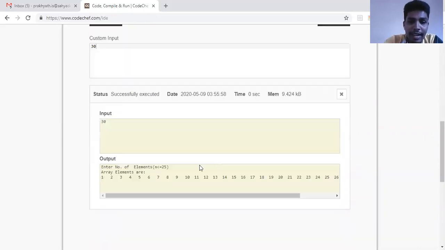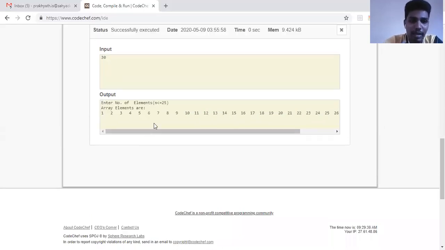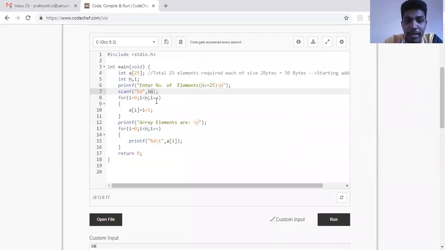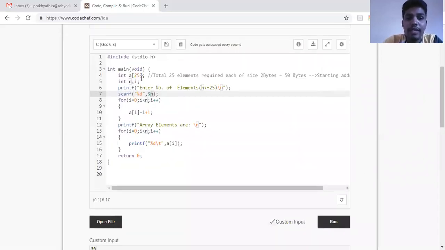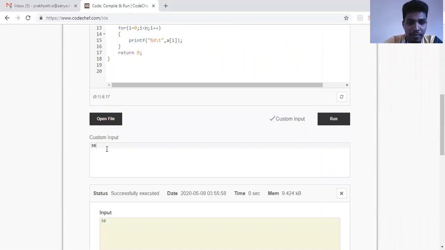You can see here, it gave me the numbers. It did not throw me an error. How did it give the numbers? Because in this online compiler, continuous space was there to give rooms for 30 elements also. Though we requested 25, there was space in this particular online compiler which could give me 30 elements, but normally it's an error. So if I give a very large number here, for example, I don't know how much space this particular compiler has, how much online space it has actually reserved.